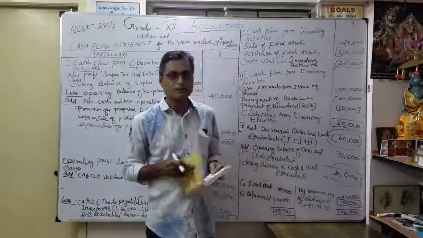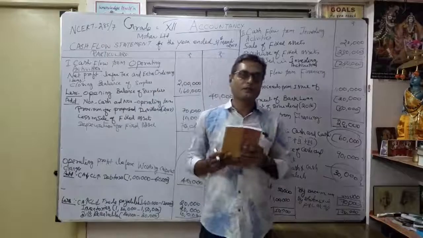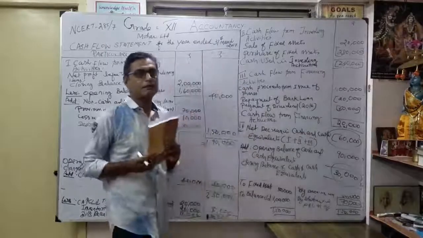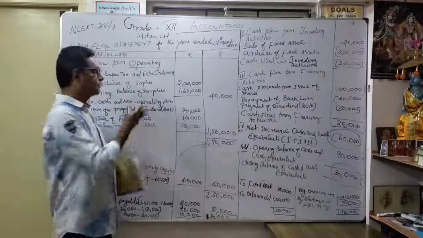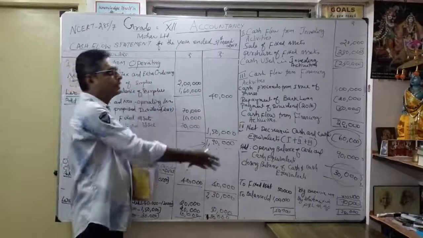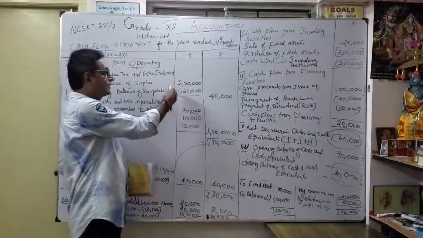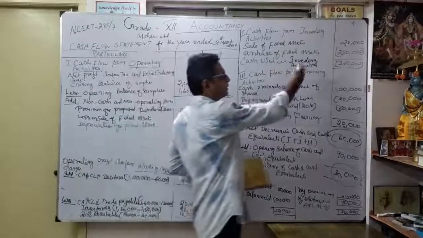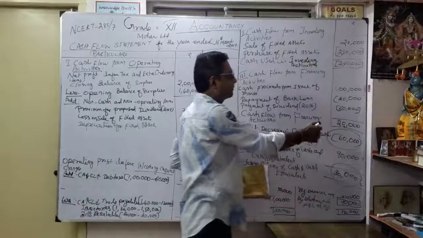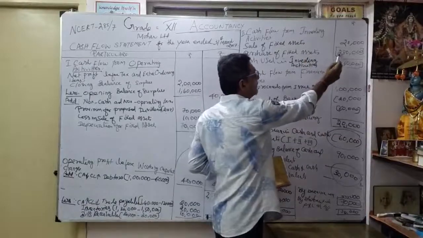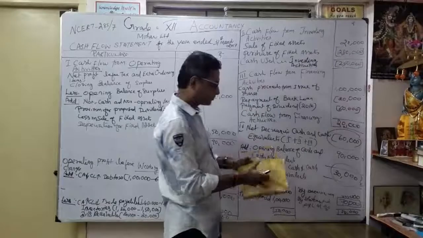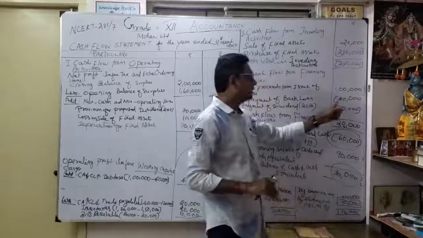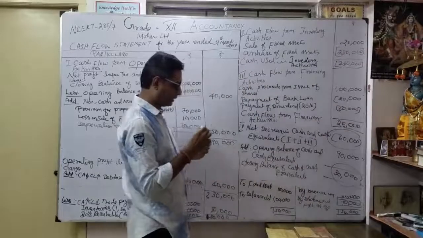So you understood that's our cash flow statement. So the preparation of the cash flow statement: how are we going to write? Simultaneously, you want to open all the 3 activities. You want to draw a line like this here. Only 2 columns, okay, inner column and outer column. For the next page, only 1 column is enough. So you want to do it like this. You should be very careful wherever a bracket is there, very careful with the calculation for this problem.